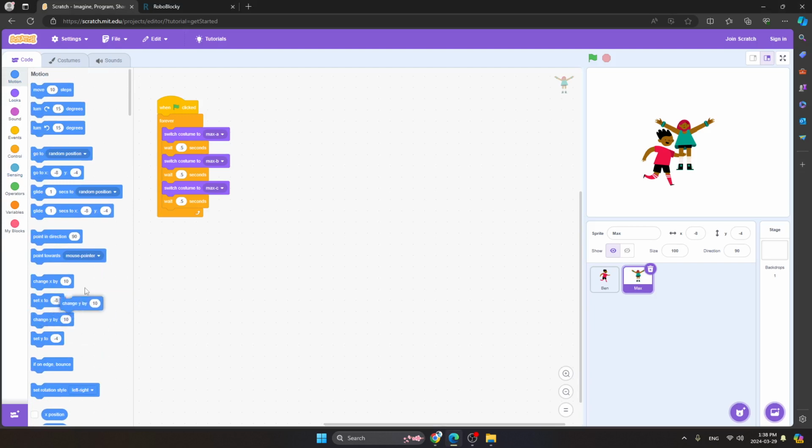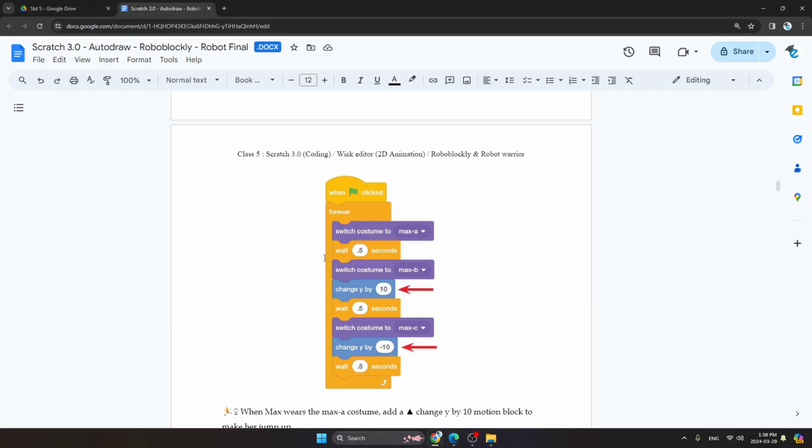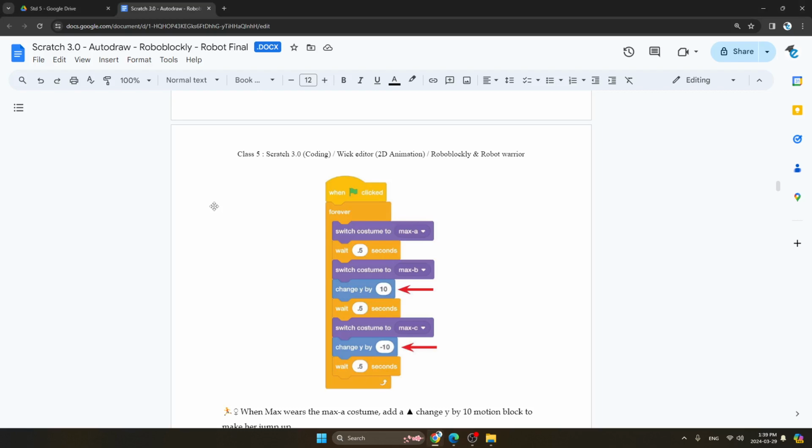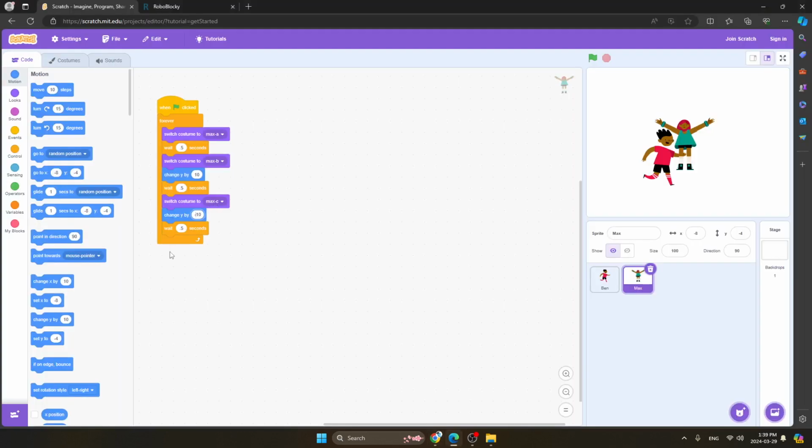So here is change Y by 10. We will add it here to the switch costume to B, and one more time we will add change Y after the switch costume to C, but here we have to make a little change: we take minus 10. So you can see I have added that.